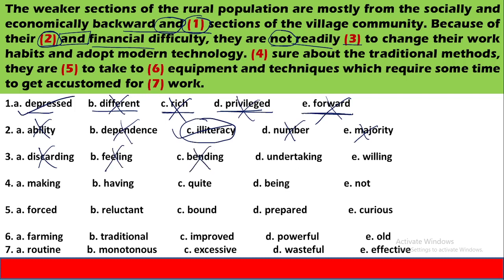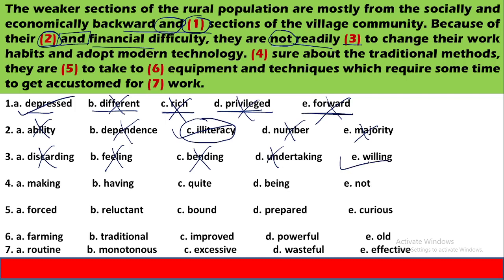Undertaking has two meanings. One meaning is venture. You must have heard the phrase public sector undertaking. Another meaning is to promise, or to make a promise or agreement to do something. So this is definitely out of context. We cannot consider this option also. The only word we are left with is willing, and this word will of course be suitable here.